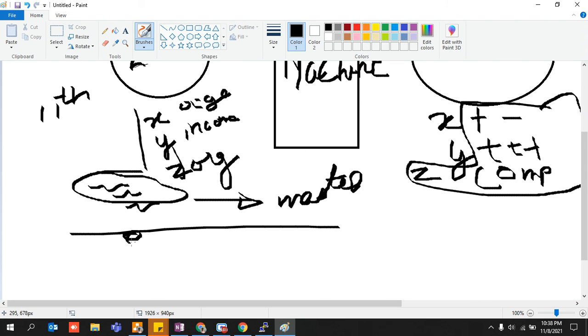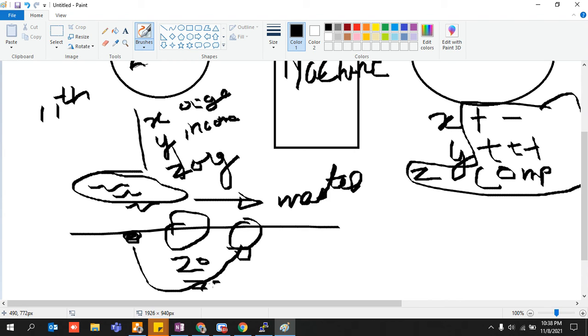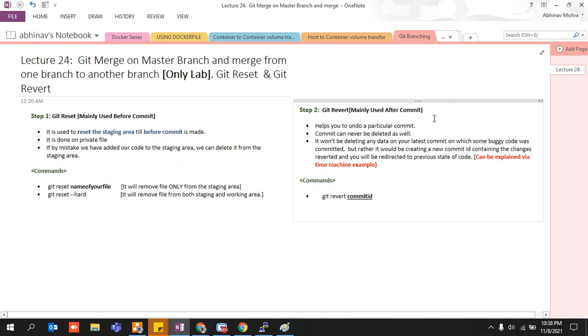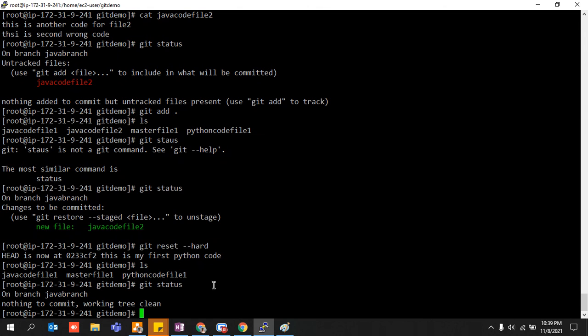Let's say this was my 2021, this is my 2071, again 2021, my life got restored, but here is the path of 2070 that I already traveled. So this will not get deleted, this will still remain. I hope I am making sense, although it is very sci-fi. But still, you guys need to understand. So let's get our hands dirty onto this particular aspect, and please try to understand what git revert is all about.